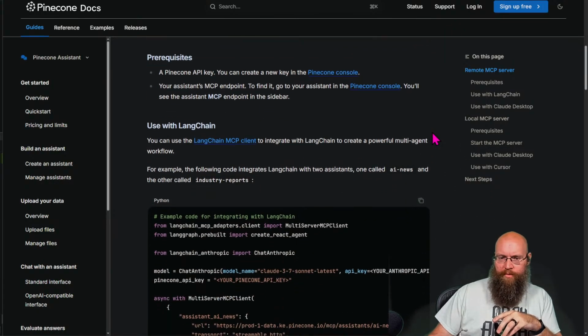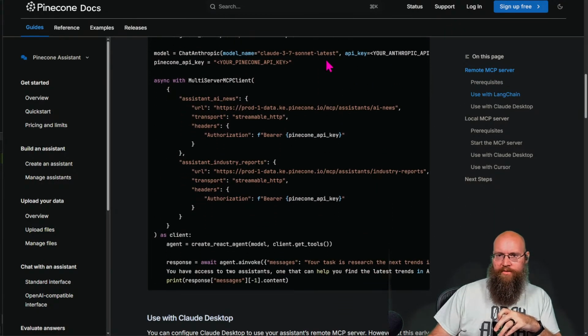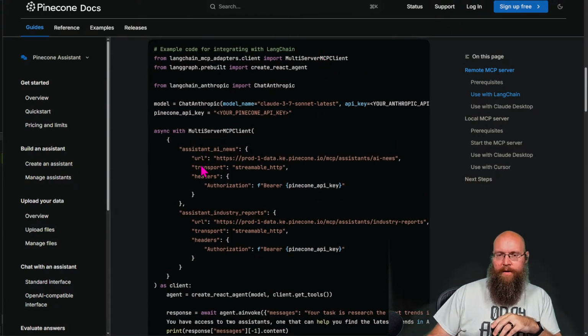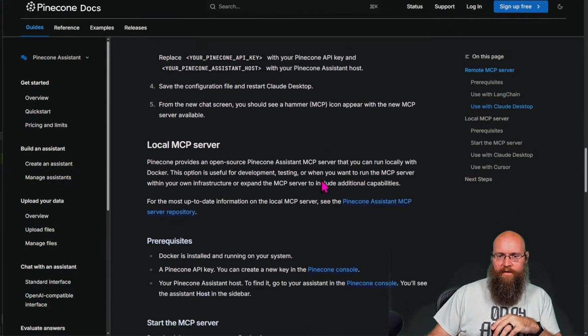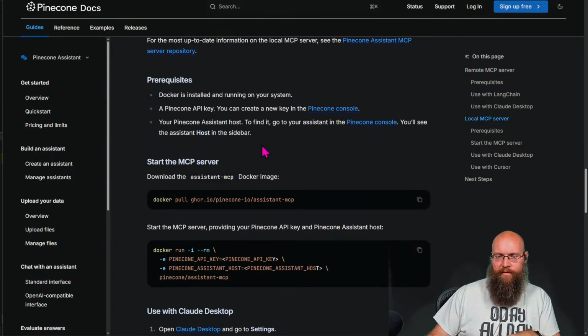That's our remote. What about our local MCP server? Let me see, because they're using the same library we are. But in this case, see how they're using a URL instead of a command? Let's see, this is using the Claude Desktop. Okay, local MCP server.